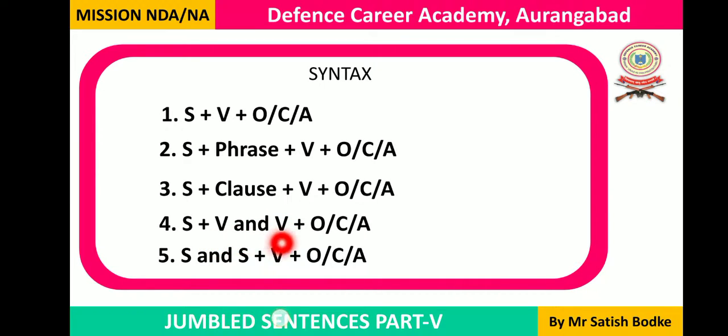So this kind of syntax also can appear, and sometimes a syntax can also contain two different subjects joined by and, two different nouns joined by and used as the subject, and the same verb may be used for that group of subjects. So this is a quick revision of the syntax types which we already discussed in the first session. Now let's go through the examples.